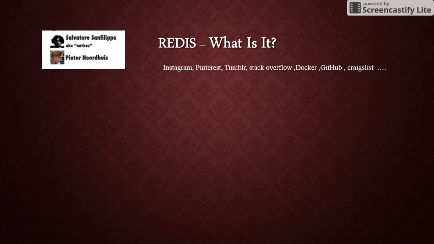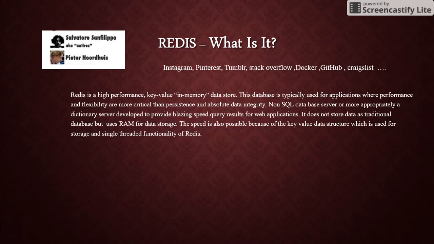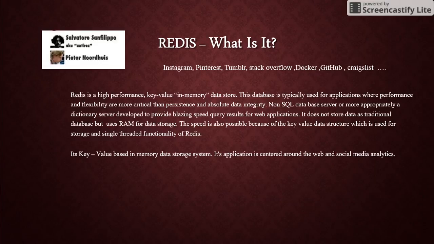One way it does is by storing all the information in the primary storage system, that is in the RAM, or it is done to caching. The second is it provides key value based storage, and the values are stored in one of the data structures which are supported by Redis. These two factors make Redis a very high performing non-SQL database system, and it was developed in 2010